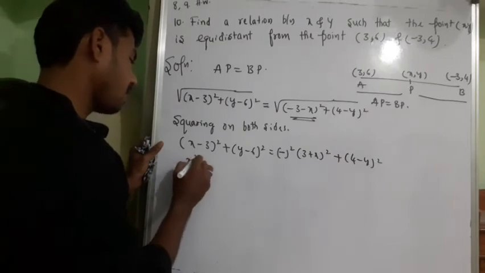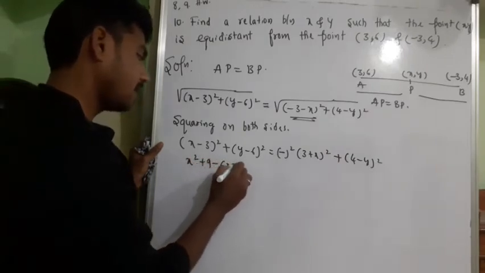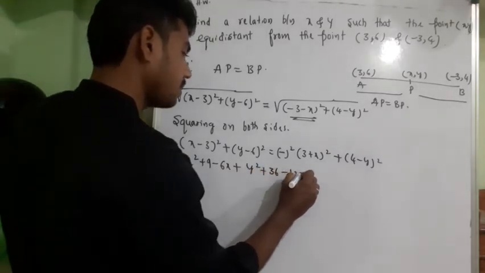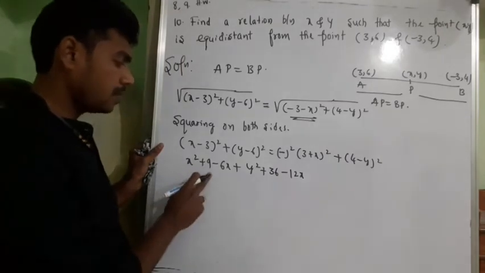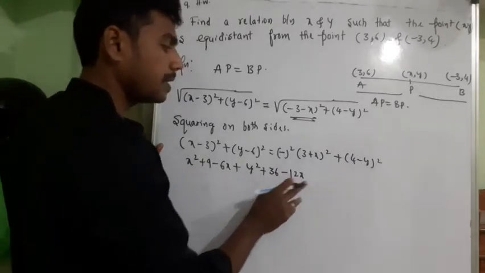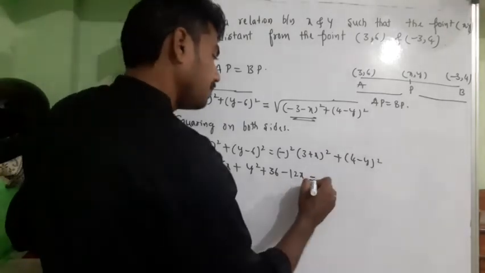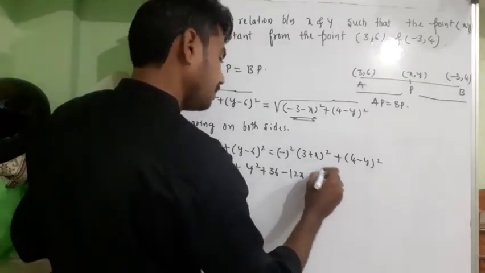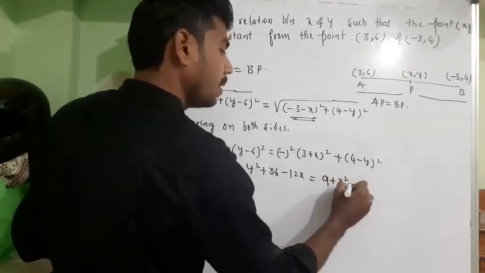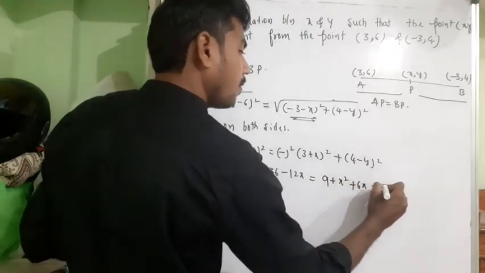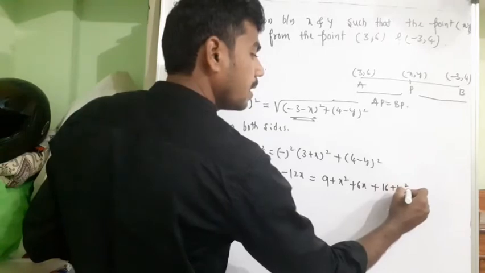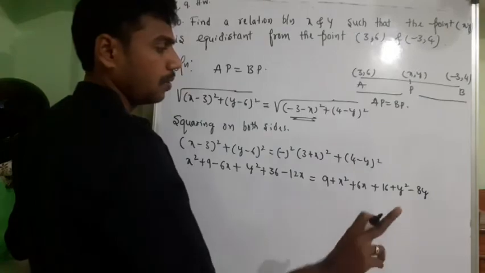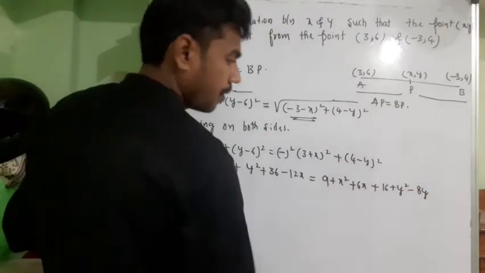Okay. x square plus 9 minus 6x plus y square plus 36 minus 12y. a square plus b square minus 2ab, that formula I have used. Next, minus square is nothing but plus. You need not write that. 3 square is nothing but 9 plus x square plus 6x, plus 4 square is nothing but 16 plus y square minus 8y. Yes or no? 2 into 4, 8. 8 into y, 8y. Okay. Now,